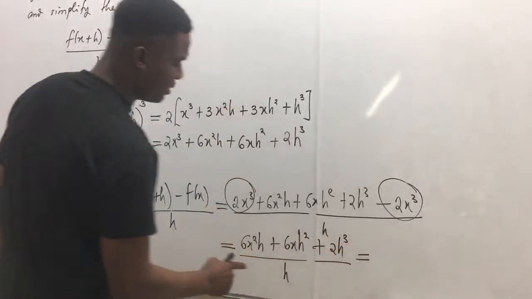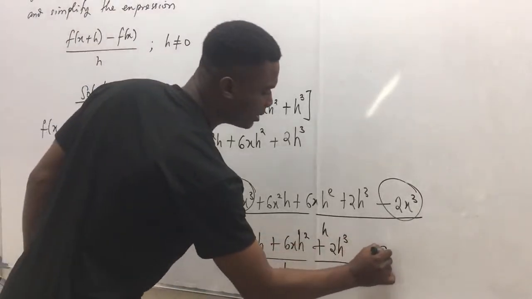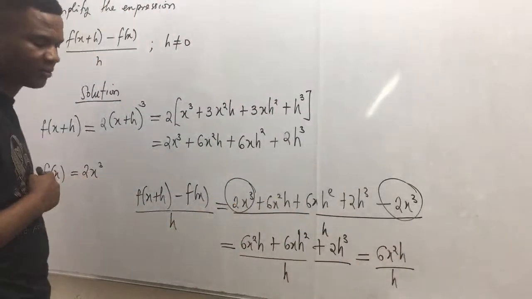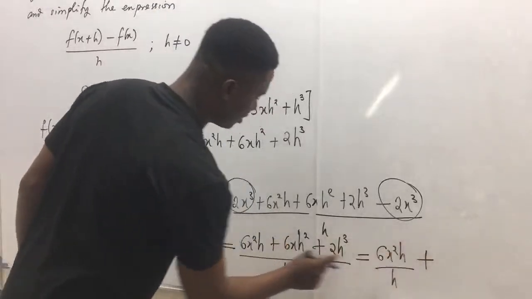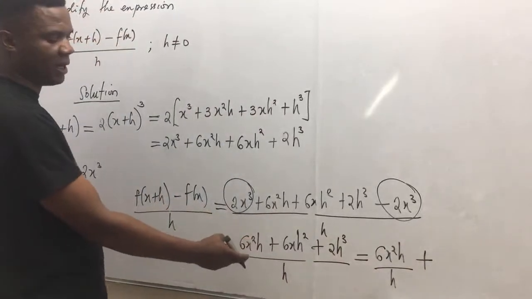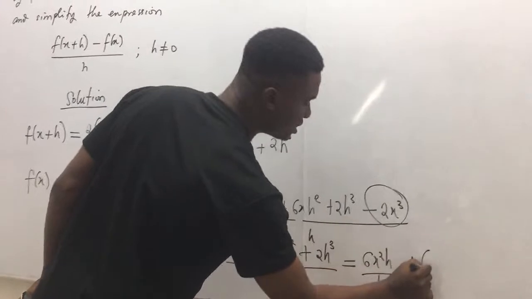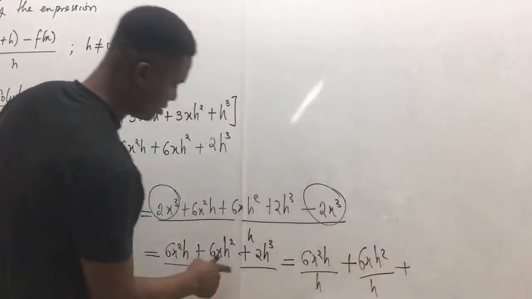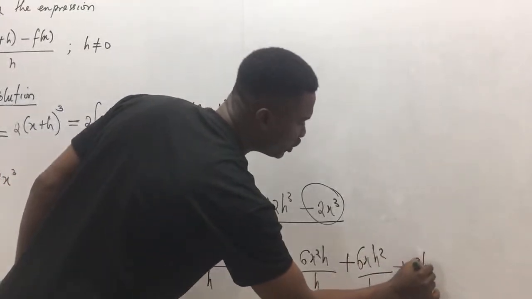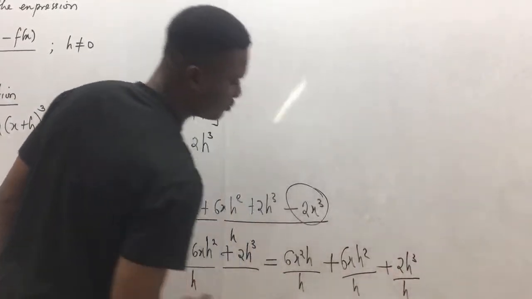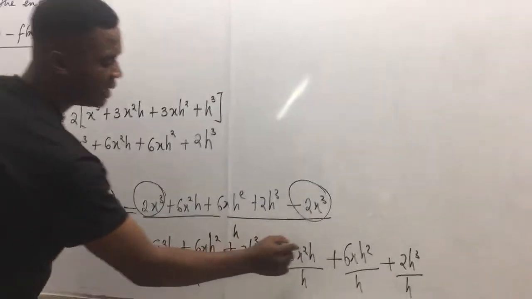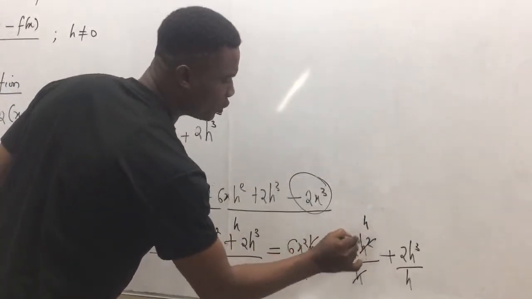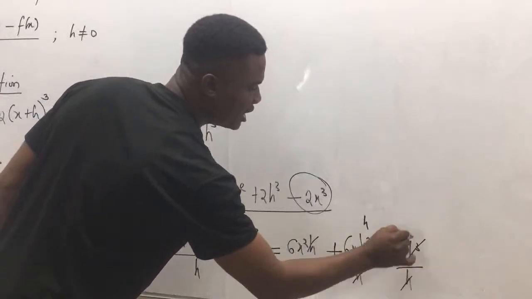This is the same as simplifying further to get 6x squared h over h, plus, since they all have an LCM h, 6xh squared over h plus 2h cubed all over h. And h cancels h to leave you with 1, h cancels h squared to leave you with h, h cancels h cubed to leave you